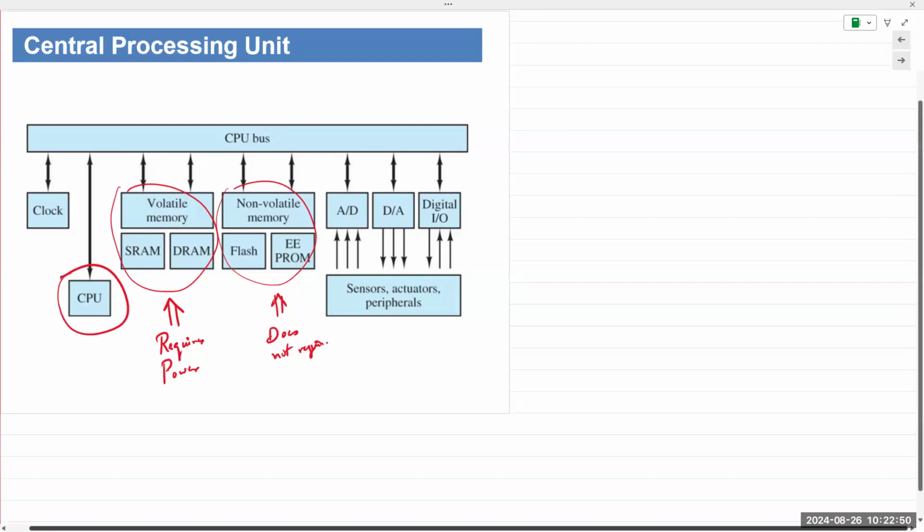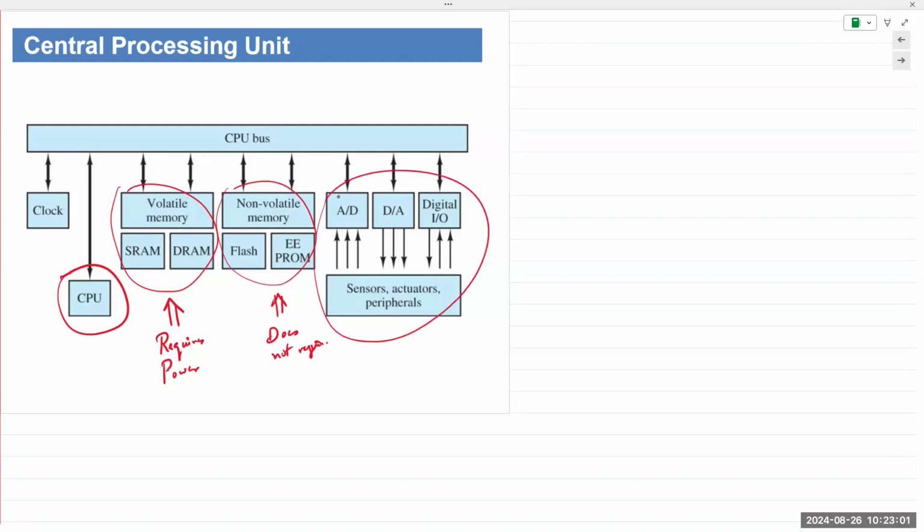It sends the information, stores it in there, accesses it, and then retrieves it as needed. Then you have the I/O peripherals. The I/O peripherals, you have lots of digital sensors, analog sensors, peripherals that can be connected to your computing system. And so when you connect these peripherals to your system, depending on the kind of sensor you have, you need